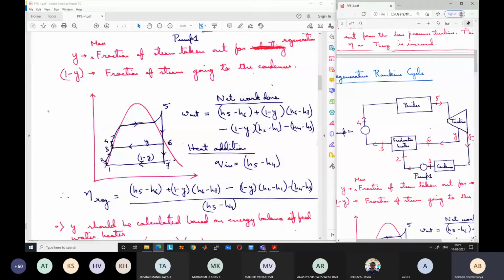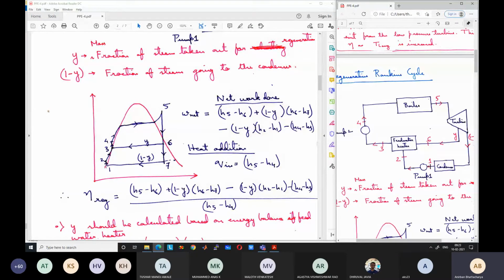So internally there is a heat exchange process. There is no external heat addition. You take some steam from the turbine and it is mixed with the condensate. The water after this condensation process is known as condensate. So it is mixed with the condensate to increase its temperature from 2 to 3. Once it is brought to temperature 3, then it is passed to a second pump and to the boiler. So the net effect is that heat addition in the boiler is reduced. I will now go through the entire cycle step by step.